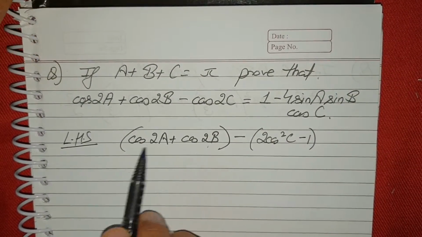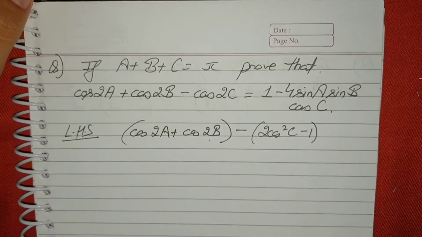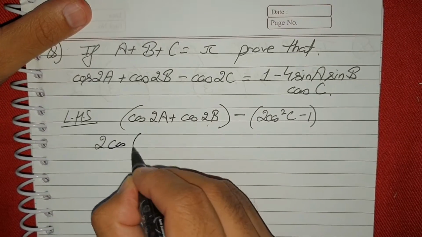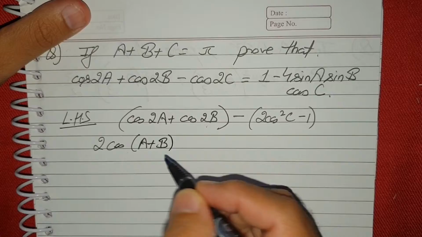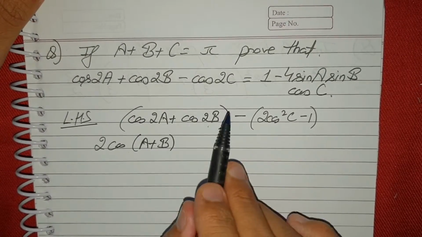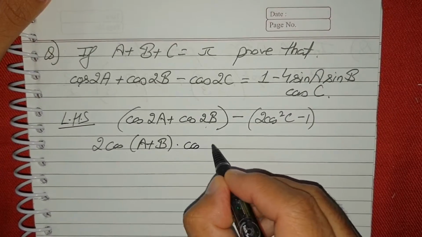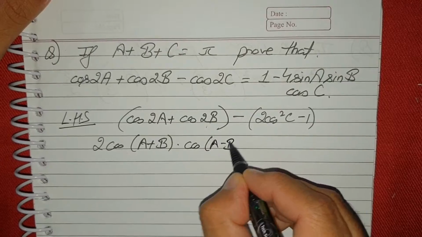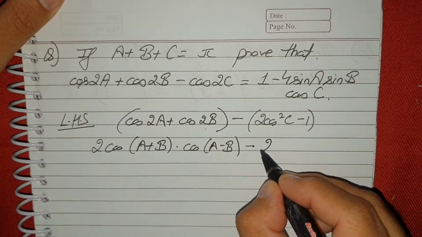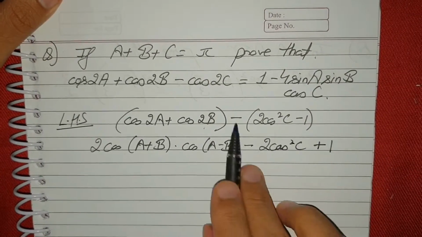Cos A plus cos B is 2 cos (A plus B)/2 into cos (A minus B)/2. So basically this will be 2 cos (A plus B) into cos (A minus B), because 2A plus 2B by 2, you take 2 common, and the 2 will get cancelled. That will again be 2A minus 2B upon 2, cancel. Minus 2 cos square C,